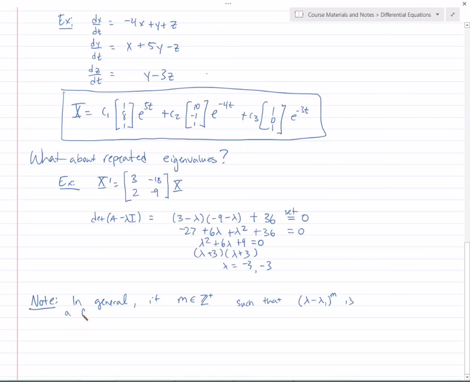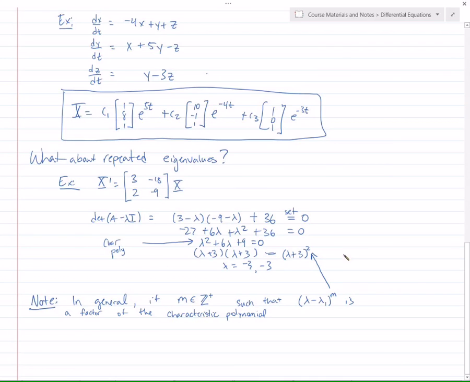is a factor of the characteristic polynomial, by the way, the characteristic polynomial was like this guy right here. It's your determinant of A minus lambda I equals 0. That's your characteristic polynomial. So what I'm saying is, let's say, like in this case, that was lambda plus 3 squared. So my m up here